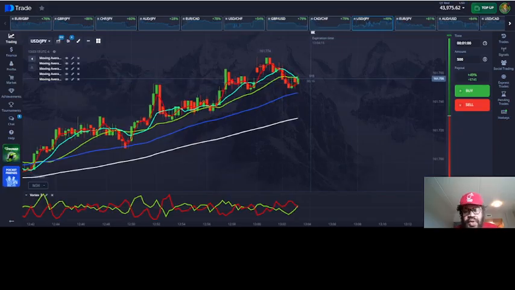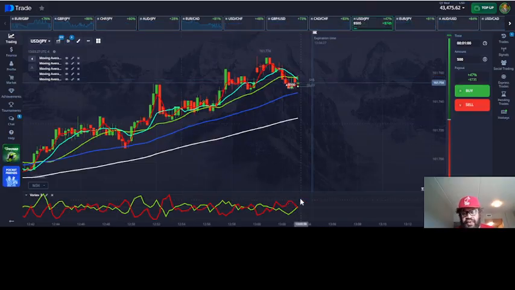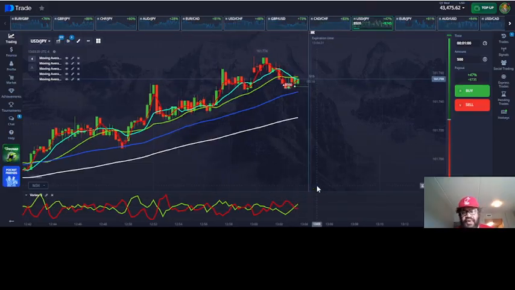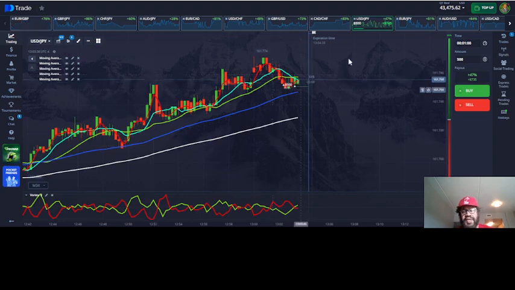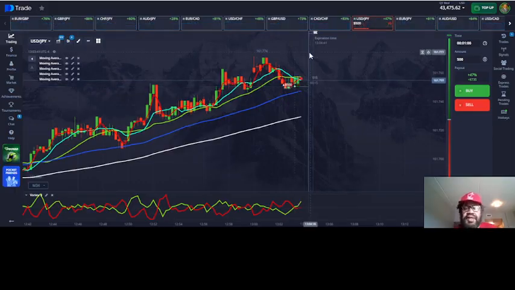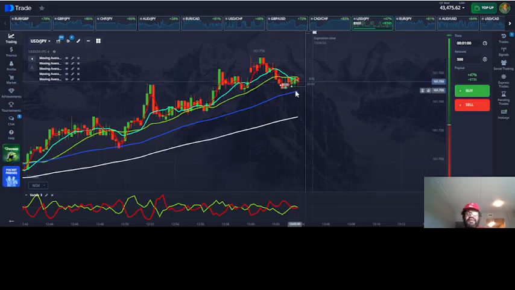Okay, so I'm on the USD JPY, and I'm gonna go ahead and take a buy trade here. And the reason I took the buy trade is I waited for the cross of the vortex line here. The green vortex crossed over the red vortex line in an upward direction. In addition to that, we're seeing the slope of the SMA lines sloping upwards here, suggesting a bullish momentum, a continued bullish push to the upside at this price level